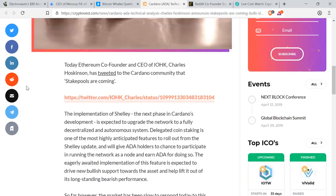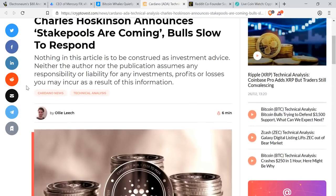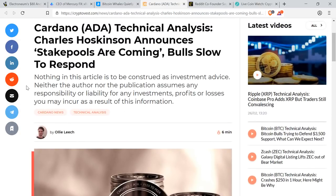No exact specifications on this at the moment, but I am a little interested to see. The reason for staking pools is that if you don't have enough of the coin yourself, you can join a pool. All your money is pooled together, and when you receive an actual payout from the staking pool, this is how you make your money from the actual proof of stake. Sometimes, however, if you have enough of the coins yourself, you don't have to join a staking pool. And I desperately want an exact number of how many Cardano you need to have in order to be able to do this on your own. That'll be quite interesting. I want to speculate on what the number could be, but I don't want to speculate. But once we have a proper number,